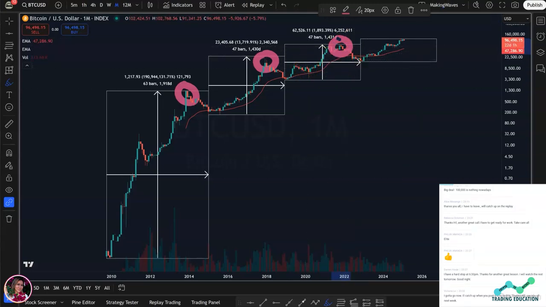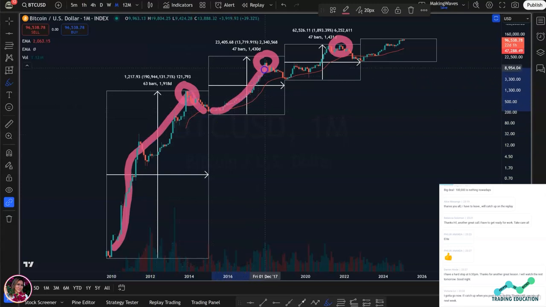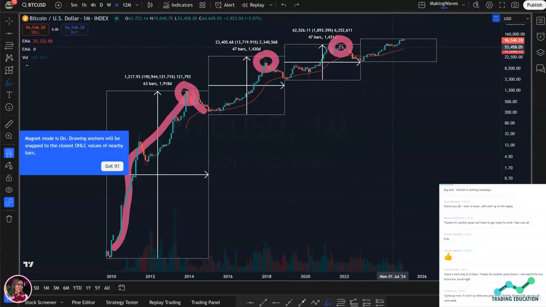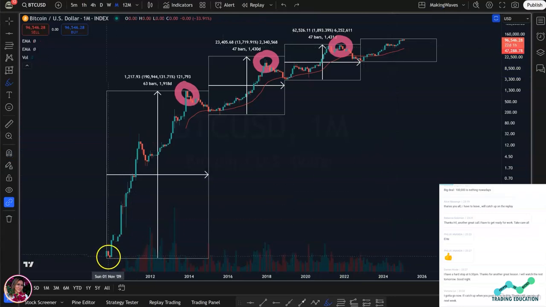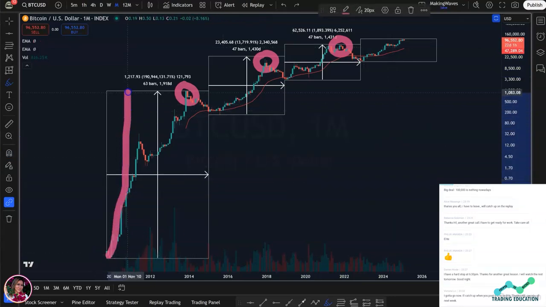So, again, all we've had so far are right translated cycles, which means we spend most of the time going up and then a short bear market. Most of the time going up and like a 1-year bear market. Okay, you see how that's very different from the left translated I drew previously, which is you get a top on the left side and you spend most of your time in a bear market.